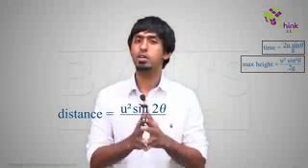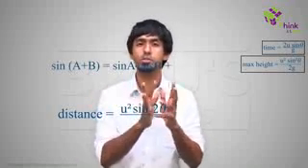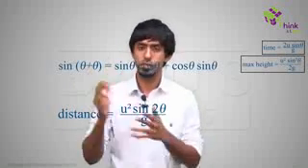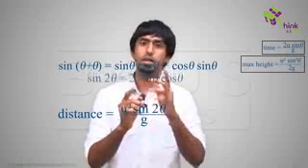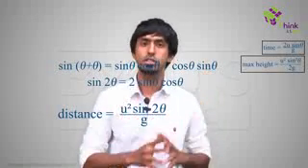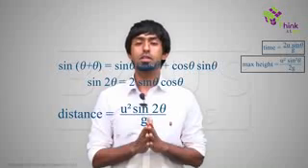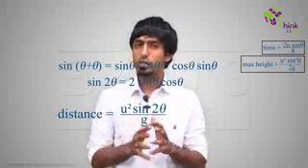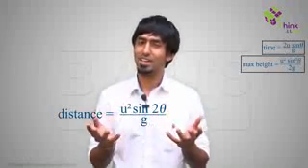There is a small identity in trigonometry which says sin of a plus b equals sin a cos b plus cos a sin b. Over here you put a and b as theta, you'll get sin of theta plus theta, which is sin 2 theta, equals sin theta cos theta plus cos theta sin theta, which is 2 sin theta cos theta. Now some of you might also ask, why is sin a plus b equal to sin a cos b plus cos a sin b? We'll not go into the derivation here because I don't know the derivation. Also because it might be a little irrelevant, isn't it?